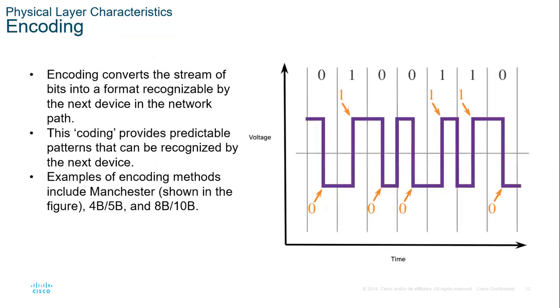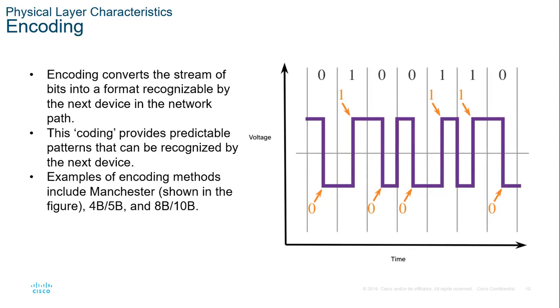Physical layer characteristics continuing: encoding. Encoding is the process through which a stream of bits is converted into a format recognizable by the next device in the network path. The coding provides predictable patterns that can be recognized by the next device. Examples of encoding methods include Manchester,